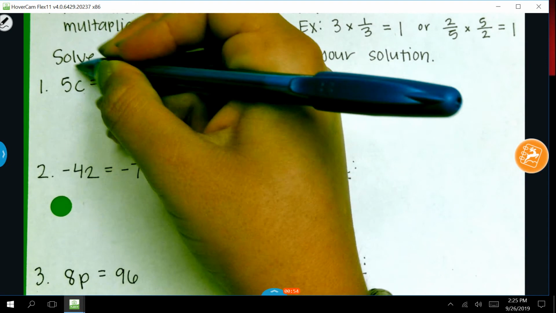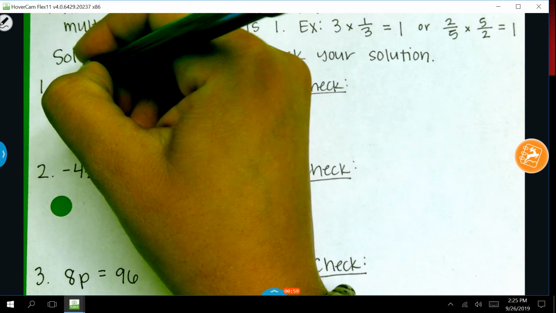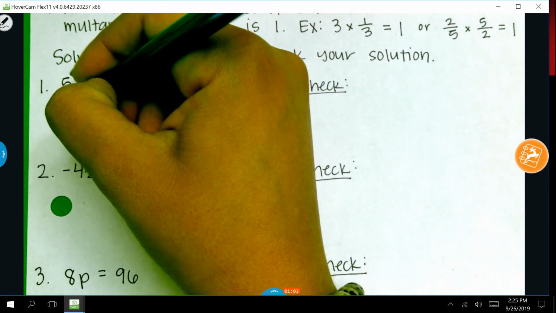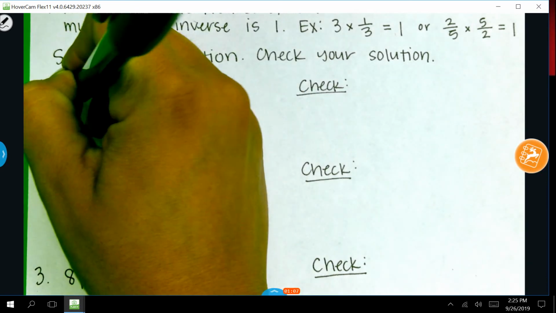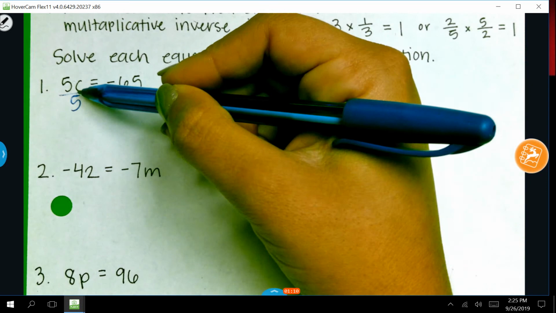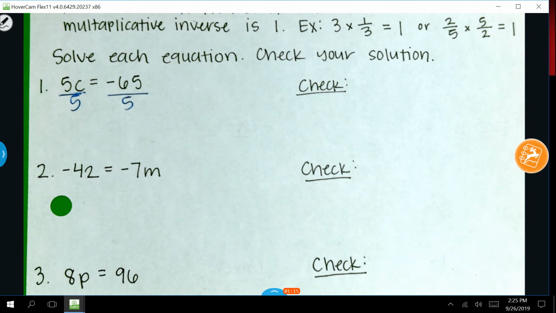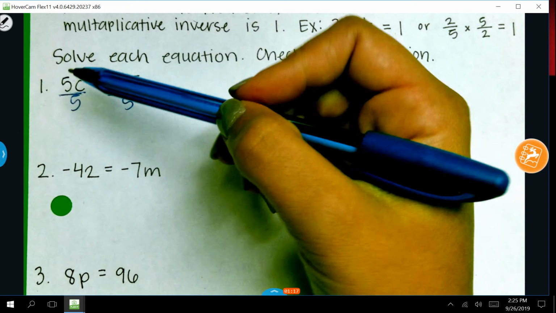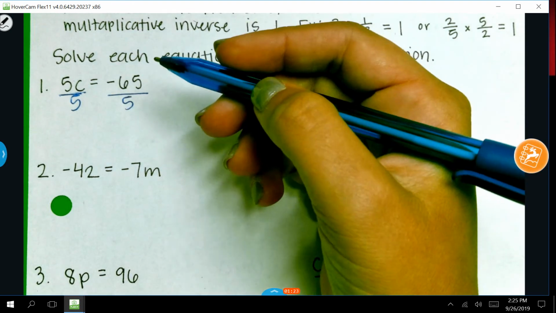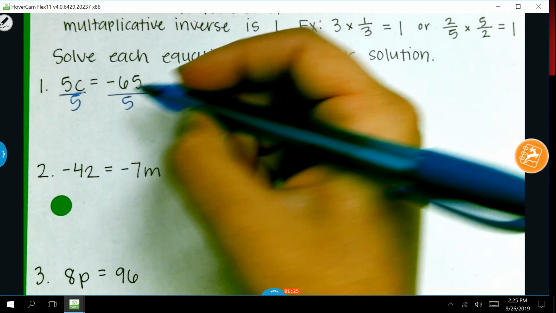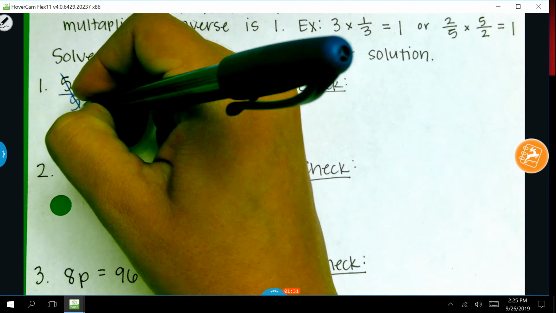So what does it mean right here by 5c? It means 5 times c. So in order to get c alone, I have to do the inverse operation, which is division. So I'm going to divide by 5. If I divide the left by 5, I also have to divide the right by 5. Because I did the opposite, 5 divided by 5 gives me 1. It gives me 0 if I'm adding or subtracting, but when I'm multiplying and dividing, it gives me 1,